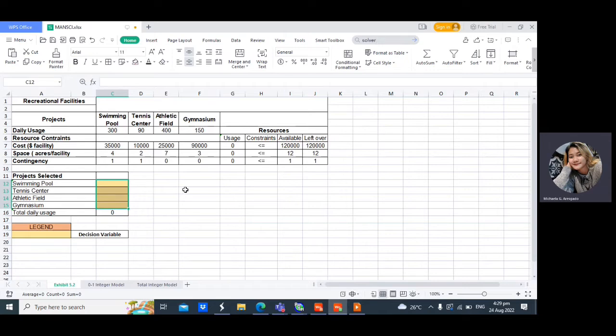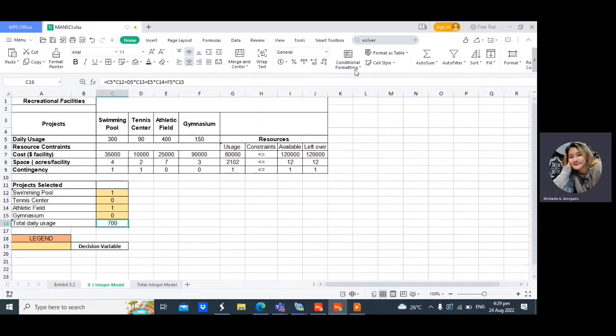These cells are currently empty or zero because the model has not yet been solved. The objective function will be found at cell C16 and is shown on the formula bar. Then the model constraints are contained in cells G7, G8, and G9. Now, Exhibit 5.3